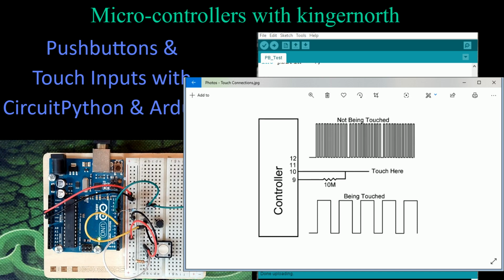The problem here is on this microcontroller, the ground plane is very small. Right now, it works because I'm plugged into my computer, and my computer is grounded to the house electrical system. If I'm running off the batteries on the laptop, I'm only connected to whatever the ground plane of the laptop is. And if I'm running this off batteries on something totally portable, I have no ground plane. So in order for this to work, you need a ground plane somewhere, preferably close to where the person is that's going to be touching the wire